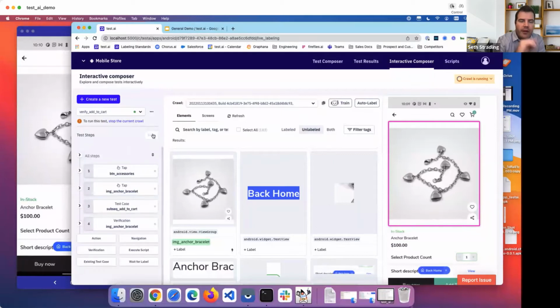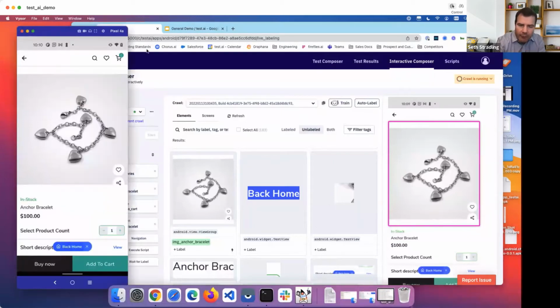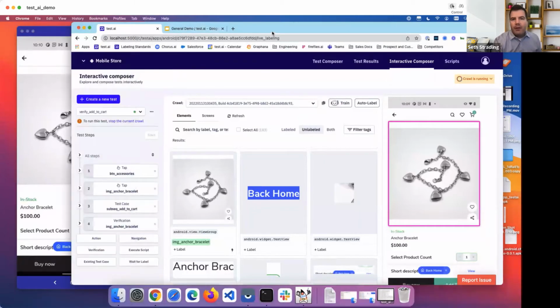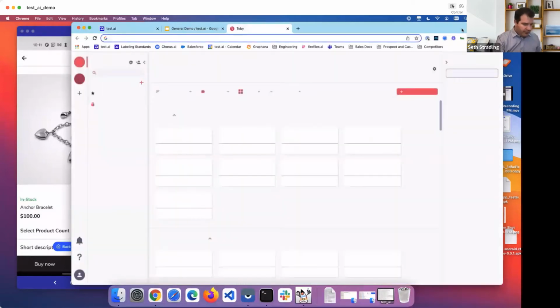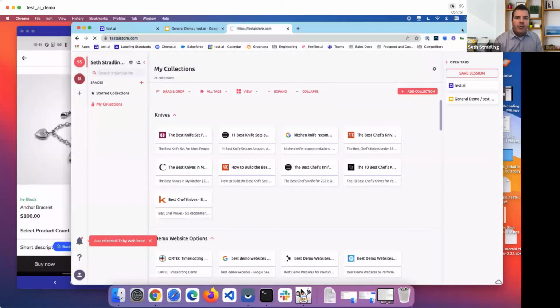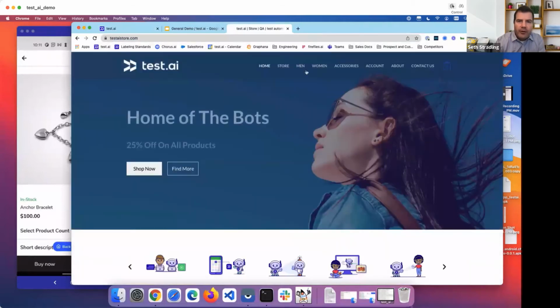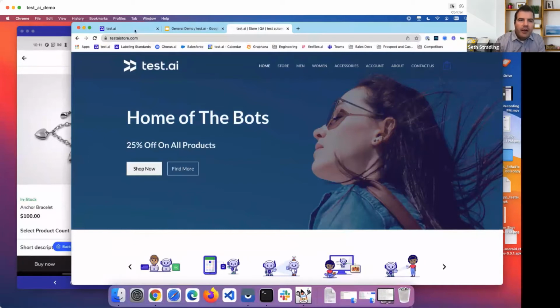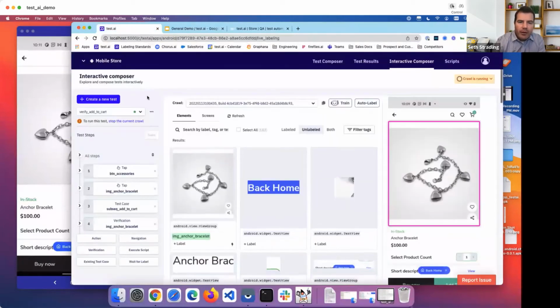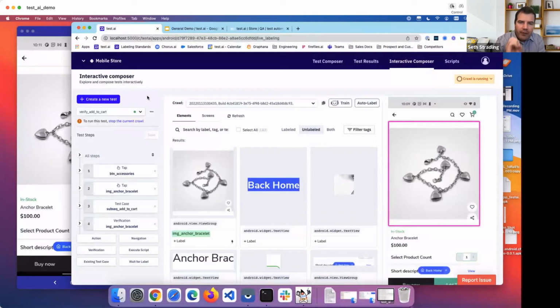But now here's the great part. I've built this on mobile, but I've also already gone through our web application. We have a web application over here. Pull this up. We have a web application that we also do tests on. I've done some tests on this, so I've got a bunch of different stuff labeled. And so what I can do here, now that I've built this, because we are visual first, and this is to save you time,